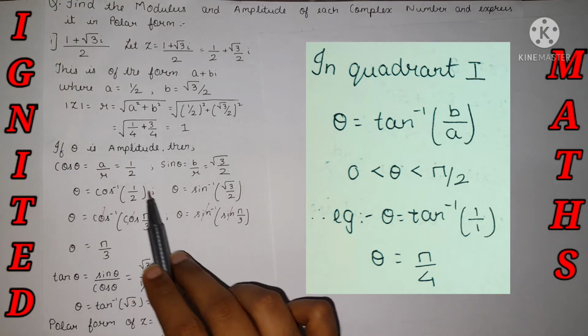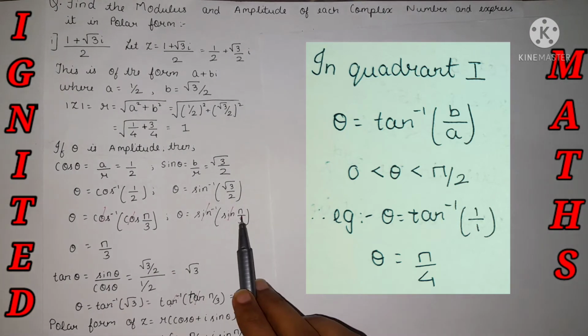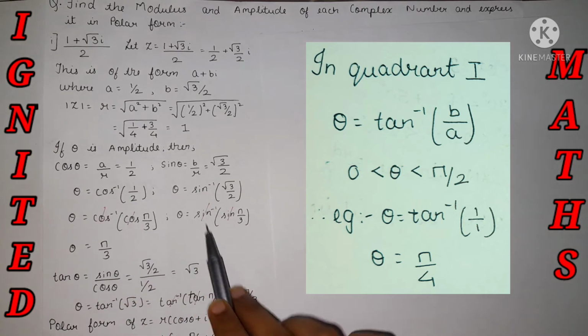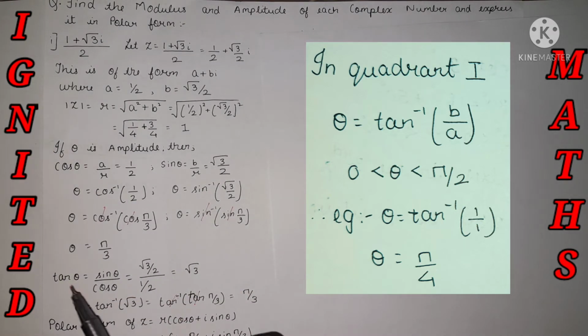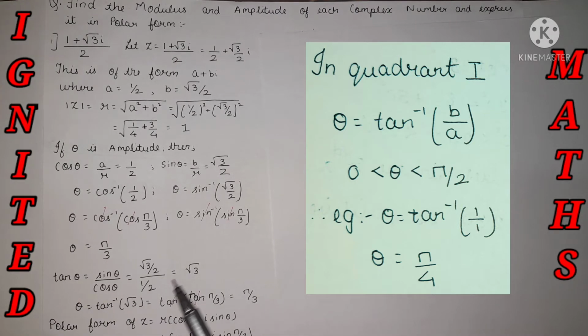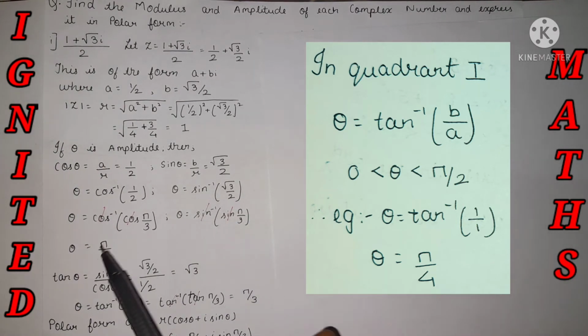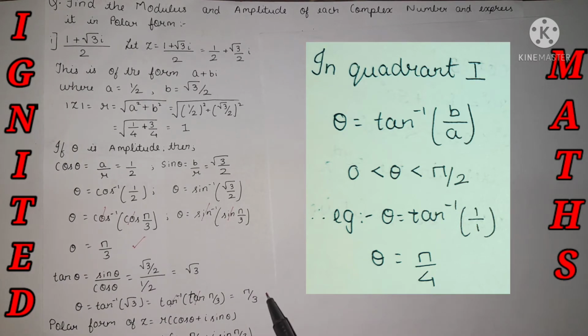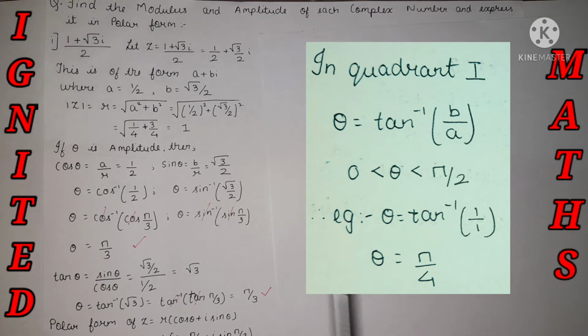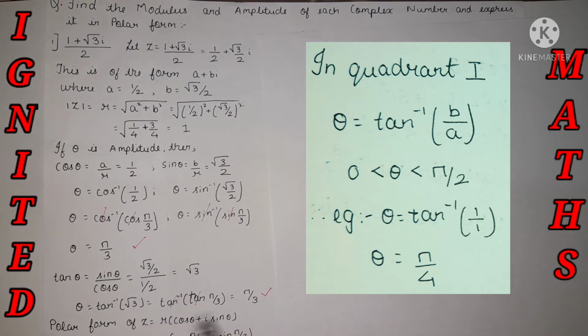In the first way we need to find both the cos theta and sin theta values and we will get the answer of theta. But while finding tan theta with the one formula, sin theta by cos theta, just divide it and we can find the value of theta in a very easy format. Both ways are absolutely right. Whether we find it this way or that way, both values will be accepted. We will get the same answer: over here theta is equal to pi by 3, and over here also theta is equal to pi by 3. No changes at all.